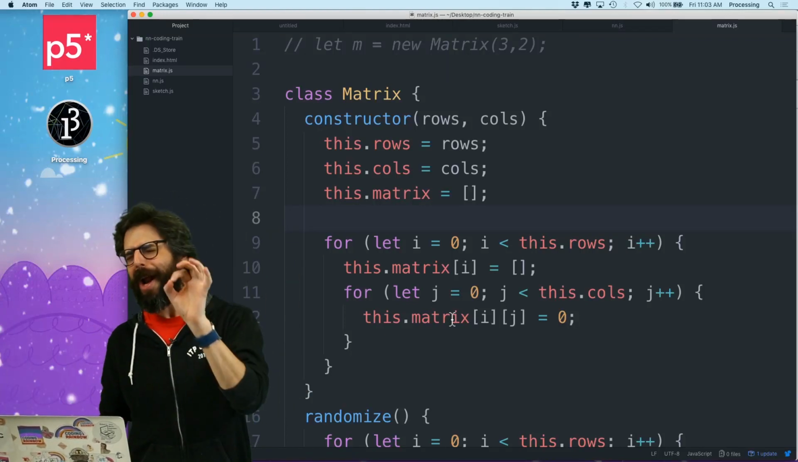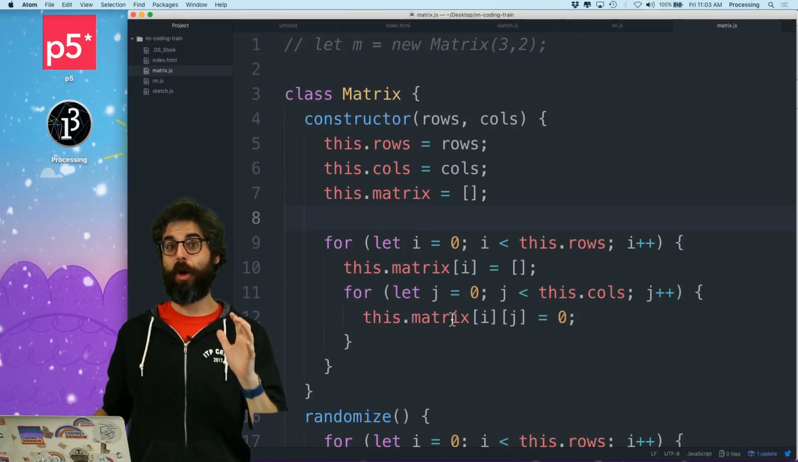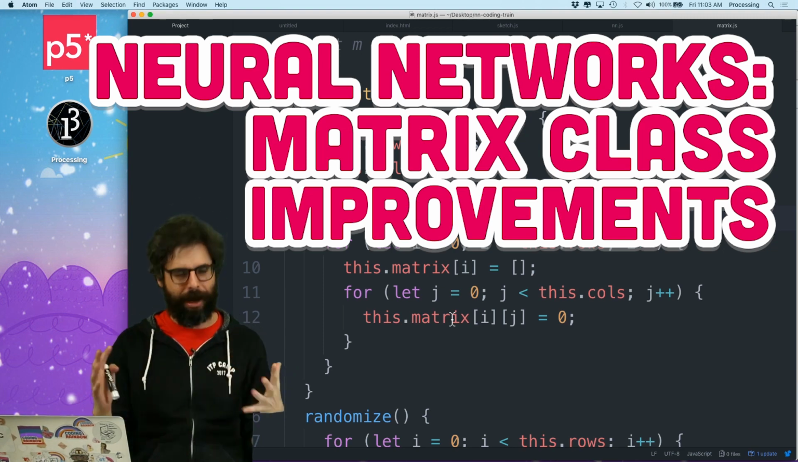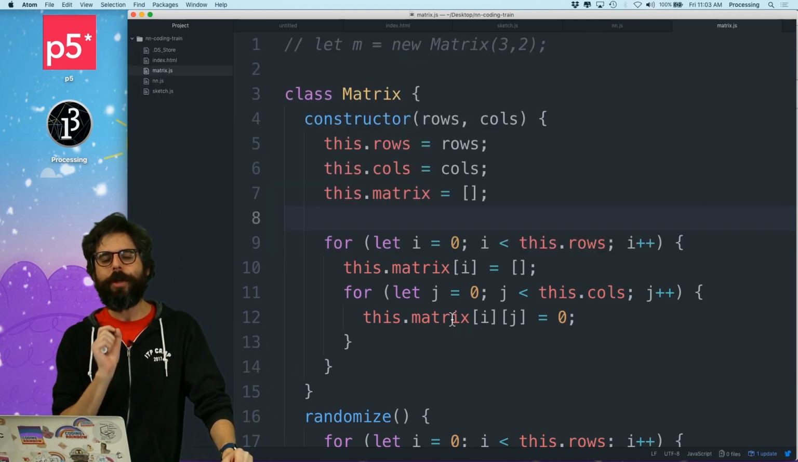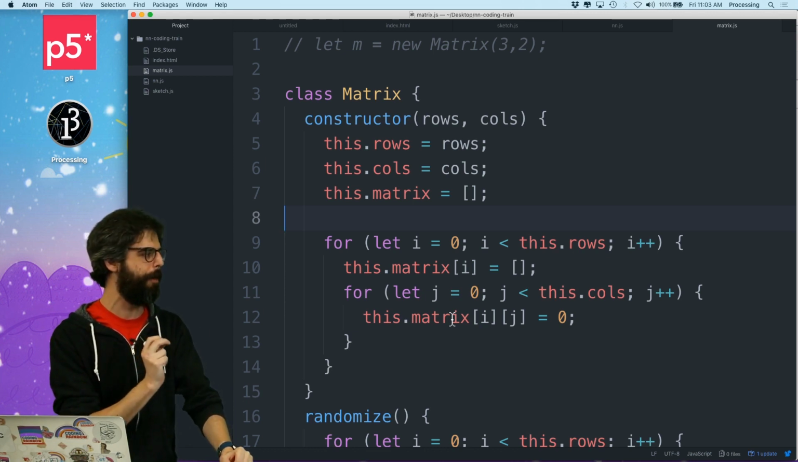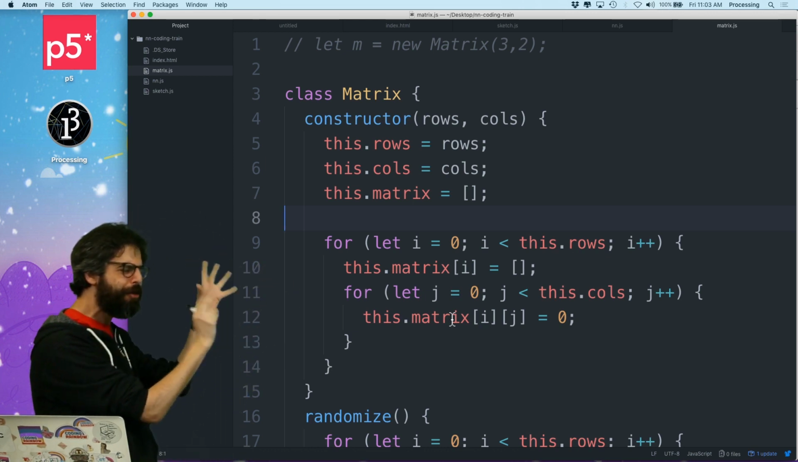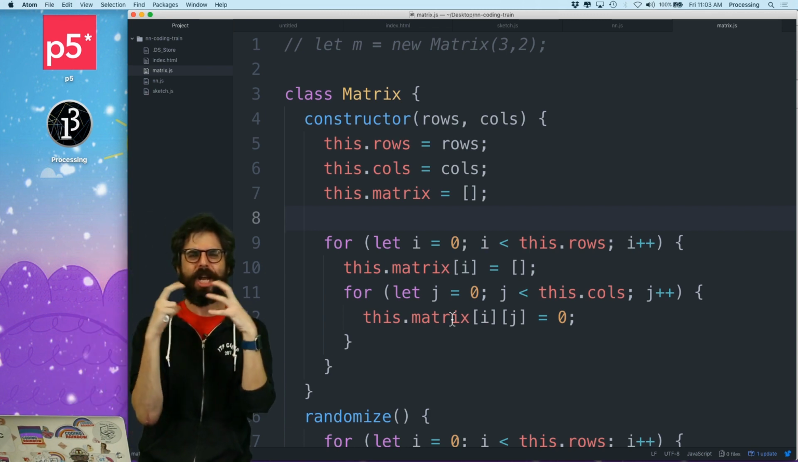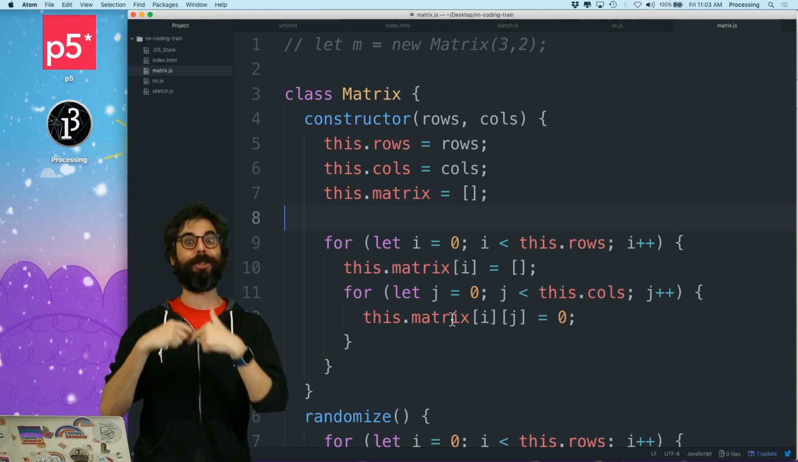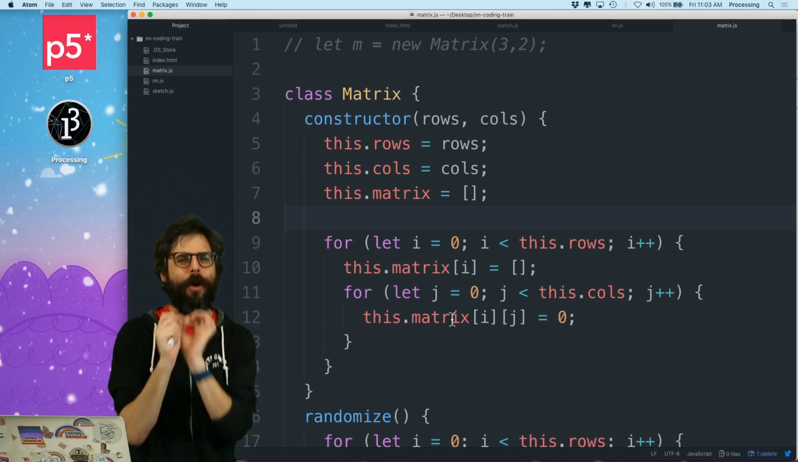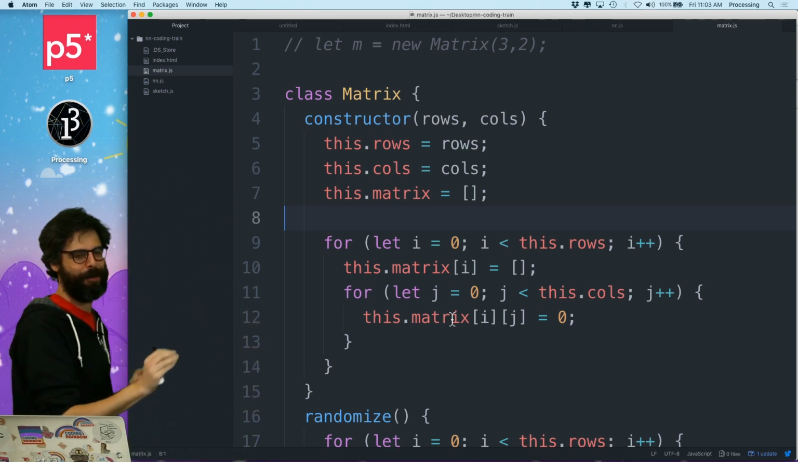Hello, welcome to what I hope will be the last video about matrix stuff in this series, Building a Neural Network. So what I want to do in this video is just a little bit of cleanup. I'm working on this toy matrix library in JavaScript that does the math operations I'm going to need for the neural network that I'm going to start building in the next video. But before I get to that next video, I want to clean up a few things and make the library